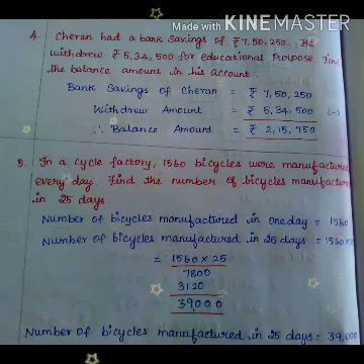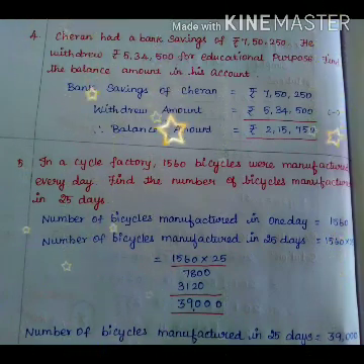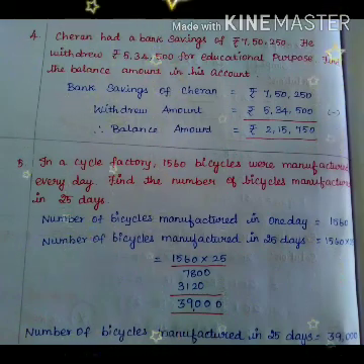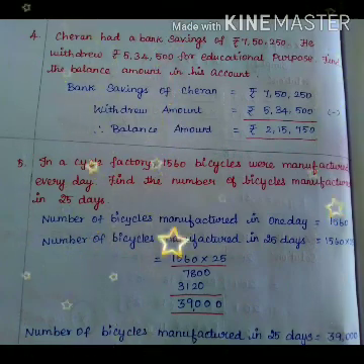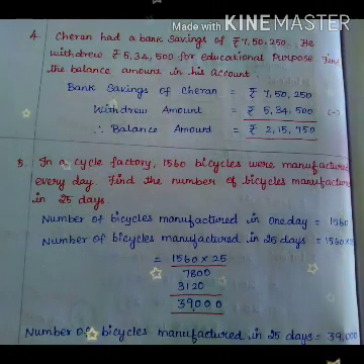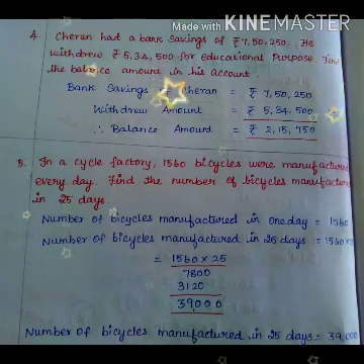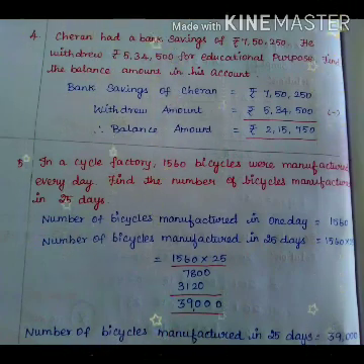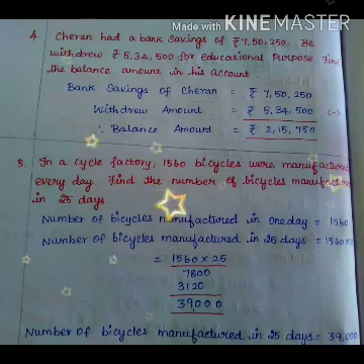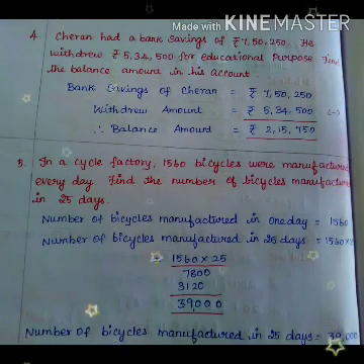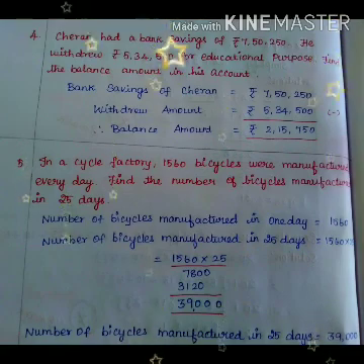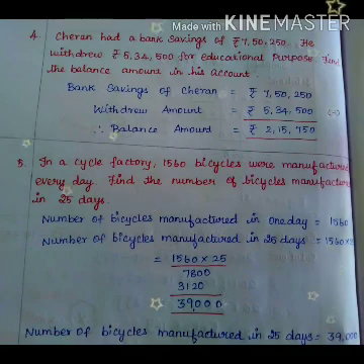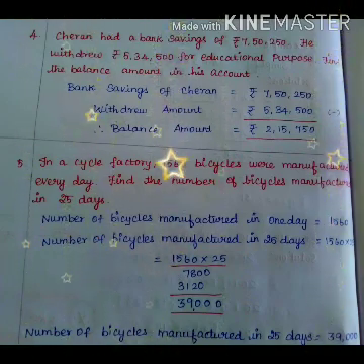Okay, see the solution. Number of bicycles manufactured in one day, how much? 1,560. Next step, number of bicycles manufactured in 25 days. We want to do the multiplication. See the multiplication solution also. Now first I will take the 5. 5 zeros are 0. 6 5s are 30, so remaining 3. 5 5s are 25. 25 plus 3, how much? 28. So 8, remaining 2. 5 ones are 5. 5 plus 2, how much? 7.